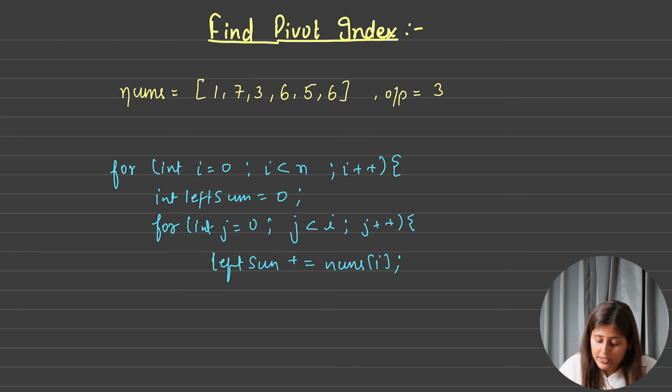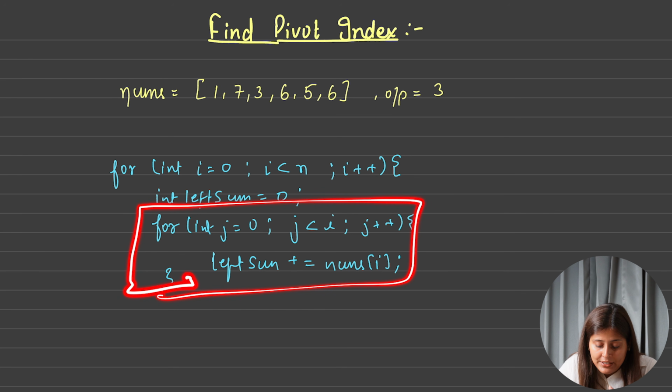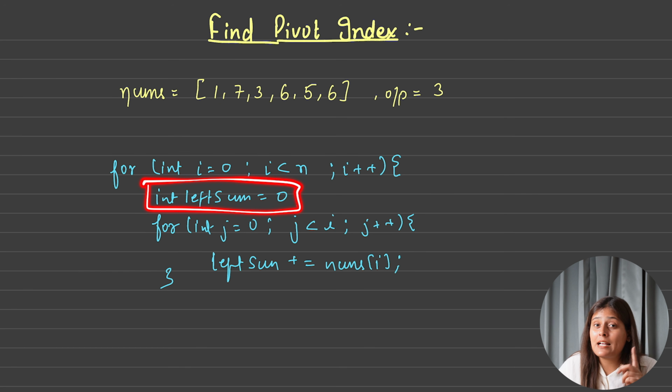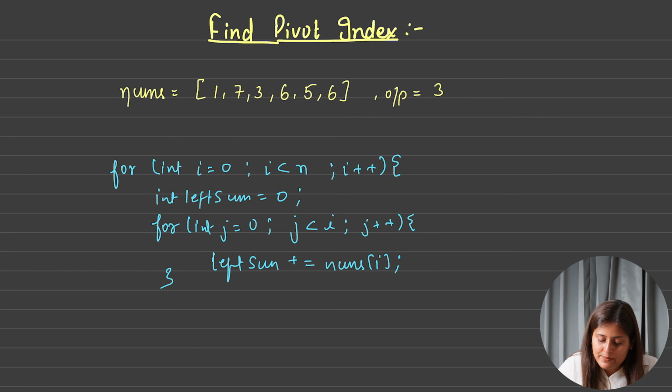So after coming out of this for loop, I can say that I have my left sum, correct, for the initial i index. So initially if i is 0, how many times will this j run? j won't run, so hence my left sum will be 0. And as the question says, if you are at 0 index, you can consider the left sum as 0. This satisfies. Now for a particular index, my left sum is done.